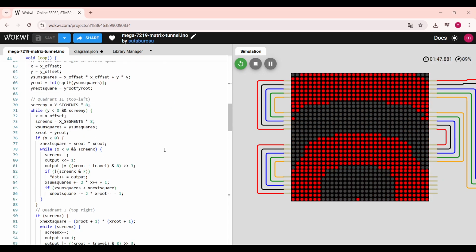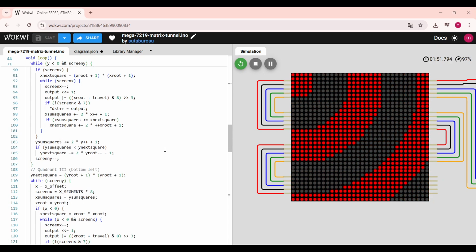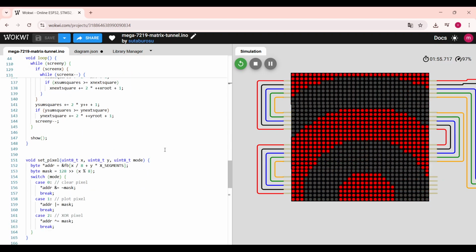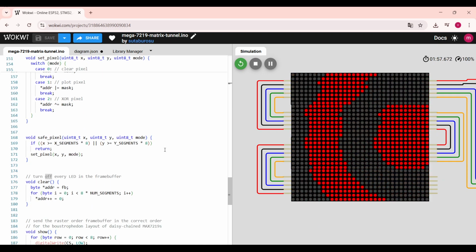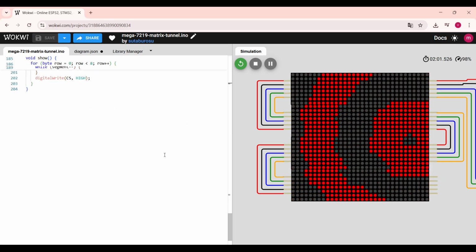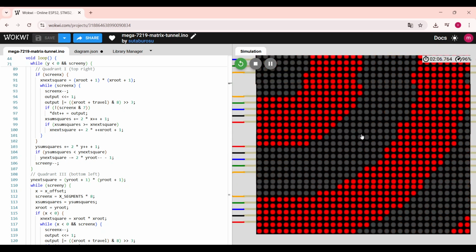It loops through each row of the display. For each segment, it sends the data for that row. The function handles the boustrophedon layout, meaning the direction of data alternates for every other row for the daisy-chained MAX7219 segments. Conclusion. And that's how you build and animate a large RGB LED matrix panel with an Arduino using bitbanged